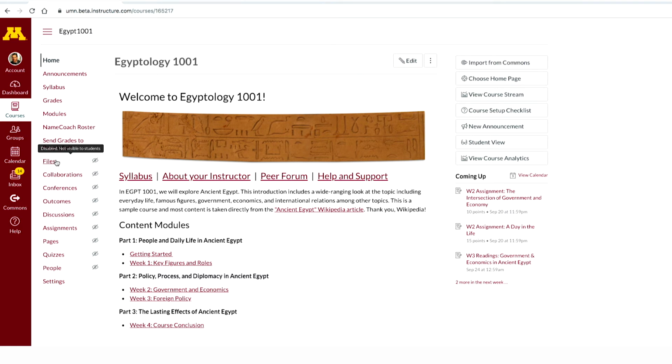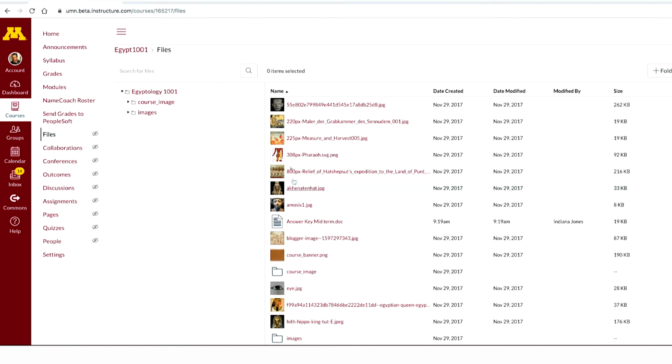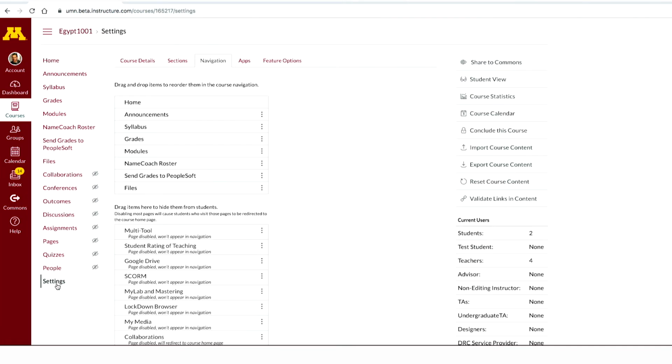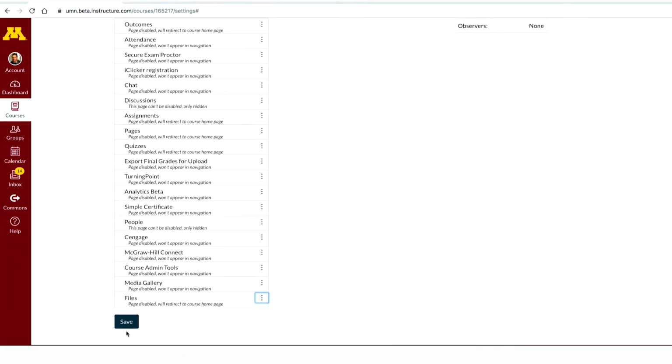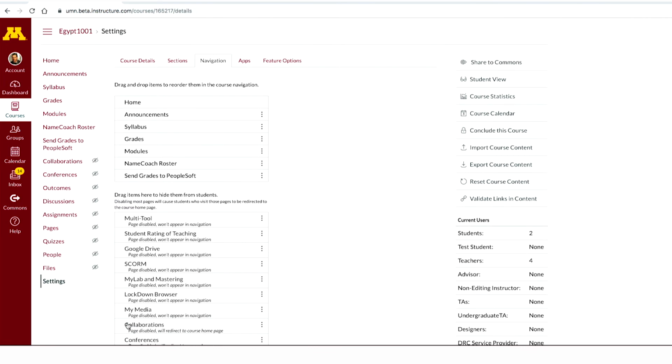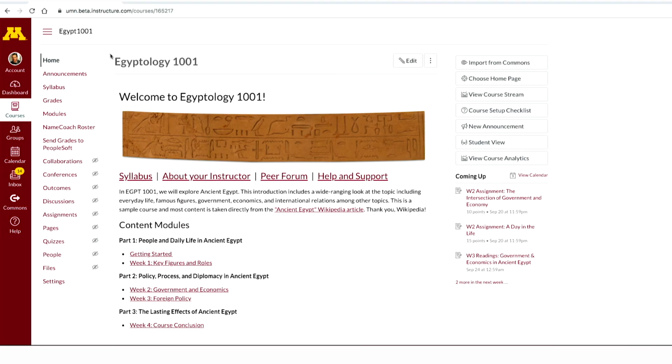For example, files is the area or bucket that houses all the course files, which can include documents, images, assignments, syllabi, or readings. Do your students need access to all these files? Typically not, especially if you keep the answer keys in the course sites. We recommend hiding this bucket from students. You can link to these files from the specific areas that they need to access them in the course. Then you can help the students navigate these files in a more logical and relevant way. Khaled, that is so important to know.